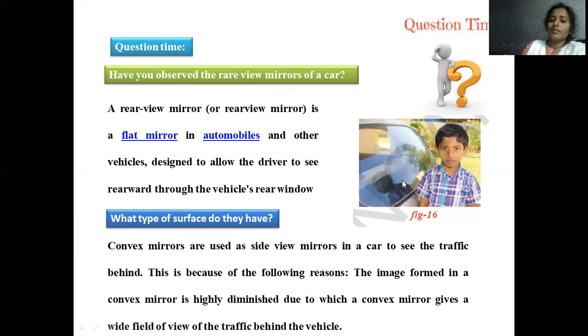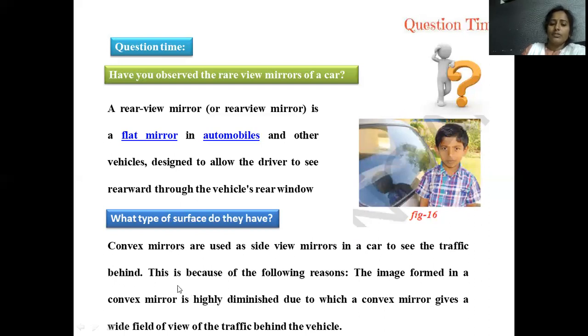And in this case, if you observe this student, when he is very close to this convex mirror, what happens? In this ray diagram, you can observe that his image is diminished. It is very small in nature, and it is erect only. Erect means it is not inverted. The way the object is, in the same manner you get its image. So an erect image is obtained, but it is somewhat lower in size. This is for the car side mirror. This is the live application for these mirrors.